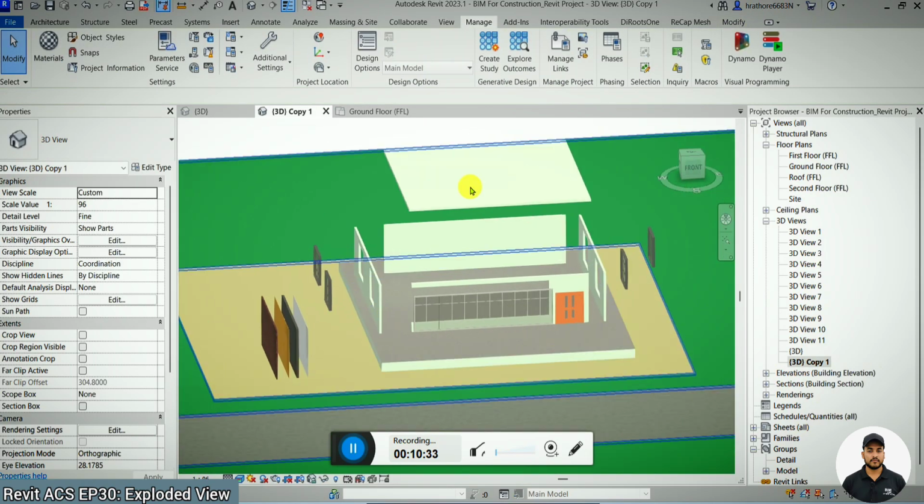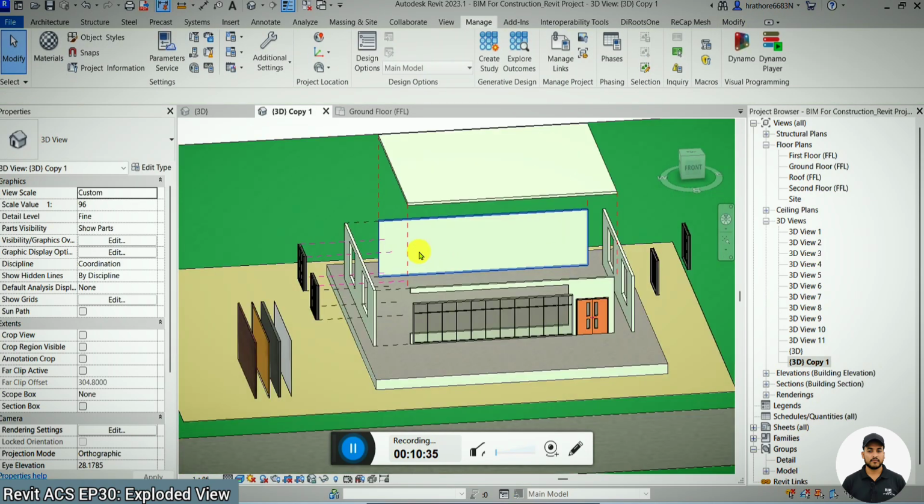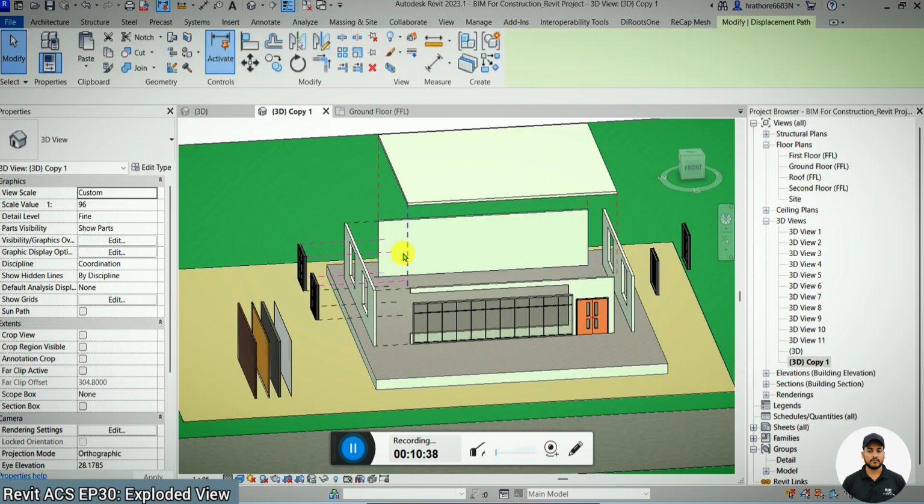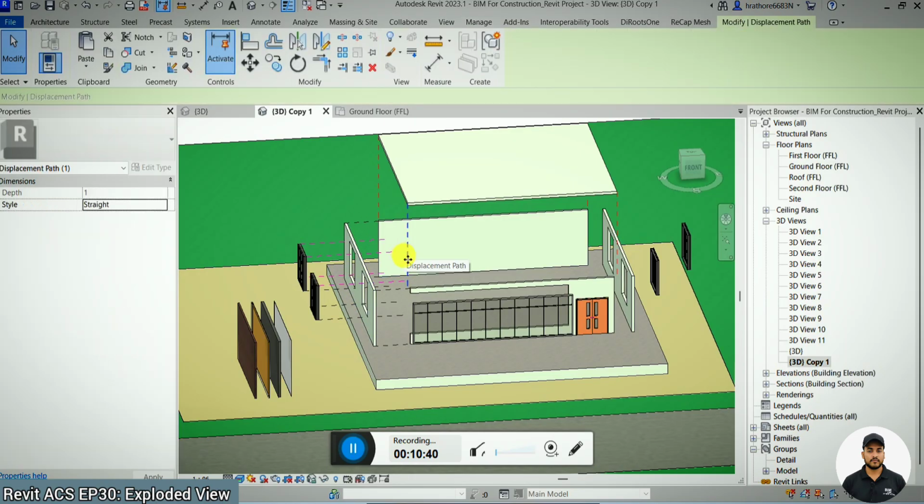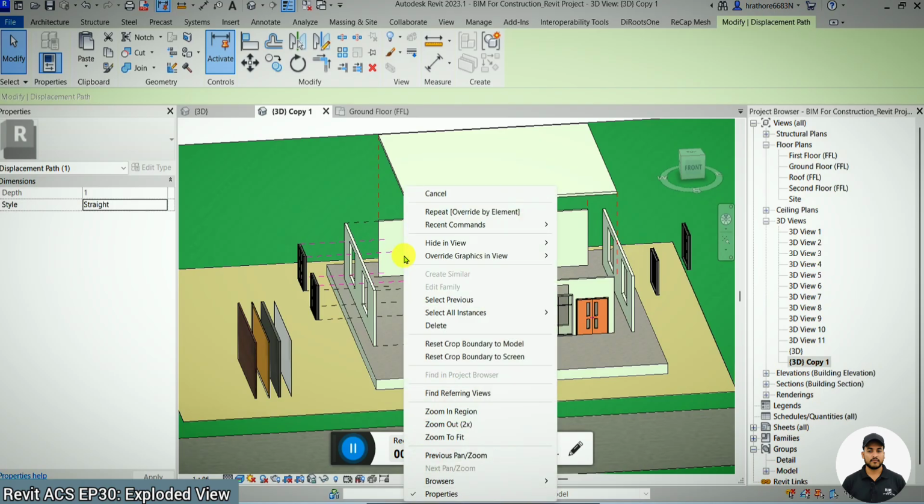And for all of the projection lines in one go, if you want to change the color, you don't want a different projection line color for the different displaced elements, for that particular case you can simply click on any one of the projection lines. Then after that right click here,